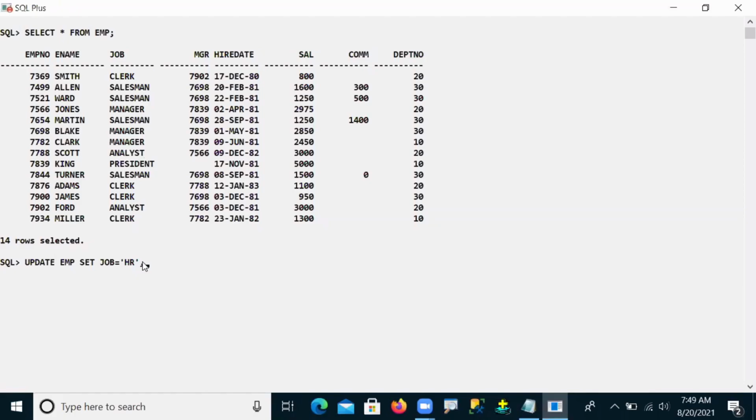So I give job is equal to HR, comma. The same analyst person's salary, 3,000 here, I want to change, suppose I change here to 4,500.